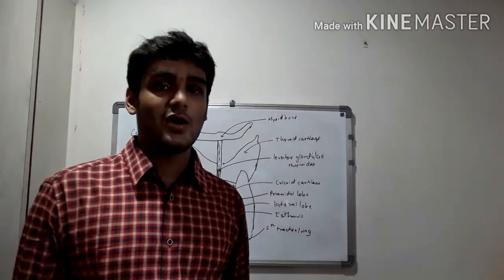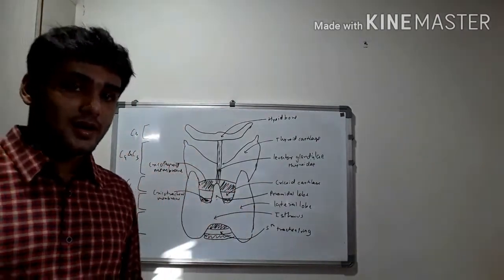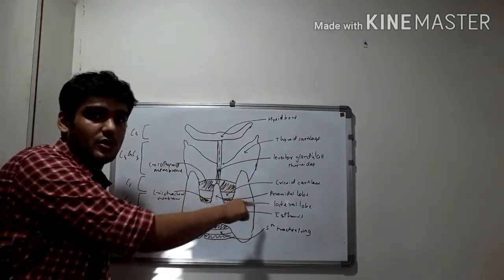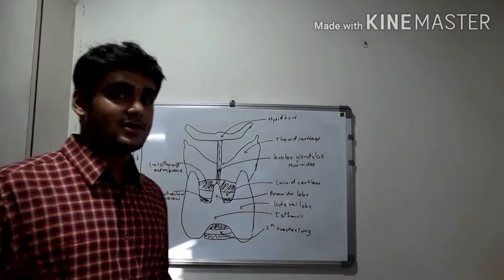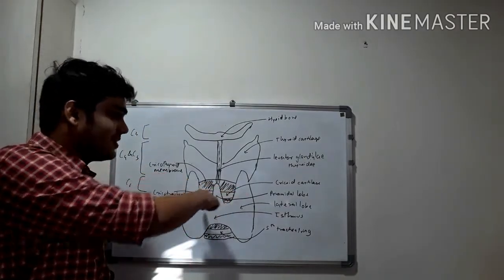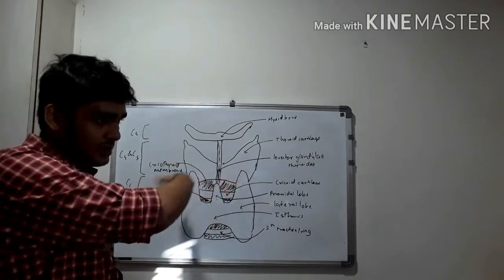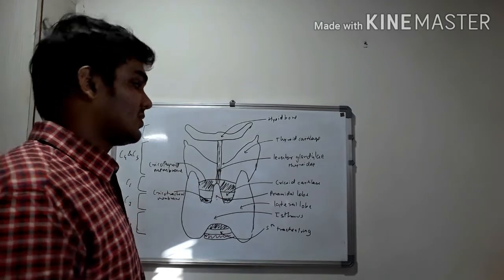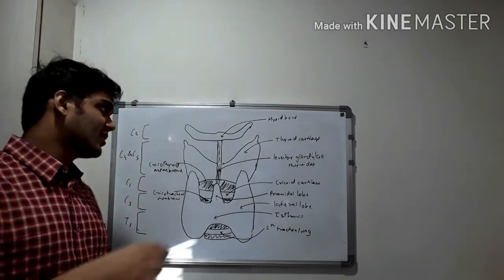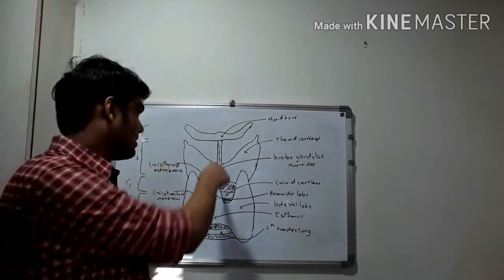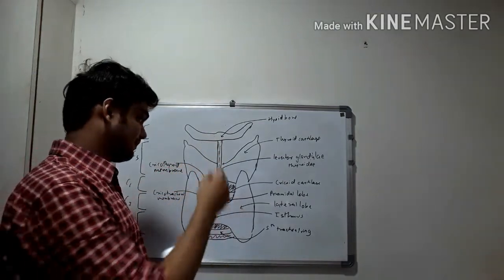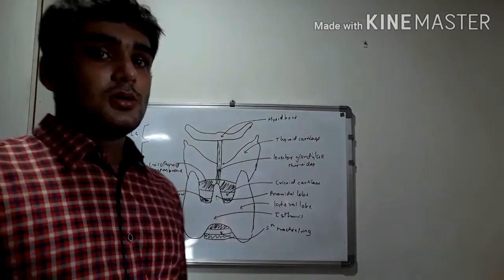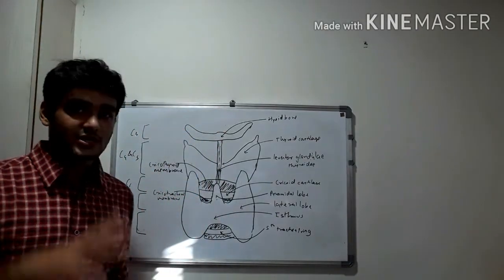Talking about the parts of the thyroid gland, it has two lateral lobes and an isthmus connecting the two lateral lobes. This is the isthmus, and these are the two lateral lobes, each on one side. Sometimes we have an extra pyramidal lobe which extends from either of the lateral lobes or from the isthmus. In this case, it's extending from the isthmus. Also sometimes we have a fibromuscular band known as levator glandulae thyroideae. Here it is, and it connects the pyramidal lobe or the isthmus to the hyoid bone. So now, talking about the exact location of the thyroid gland.